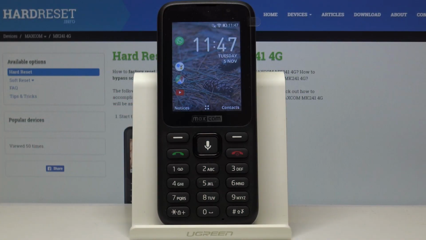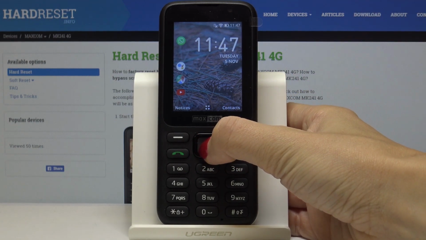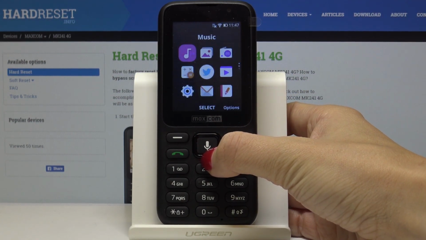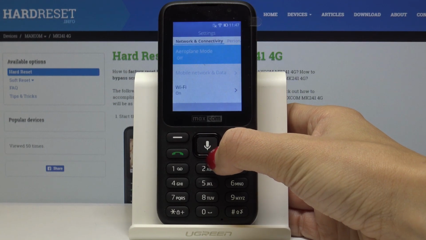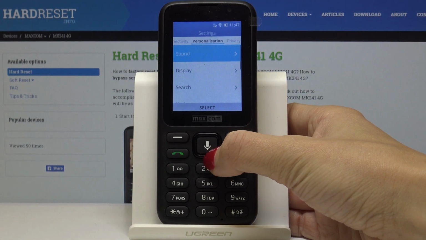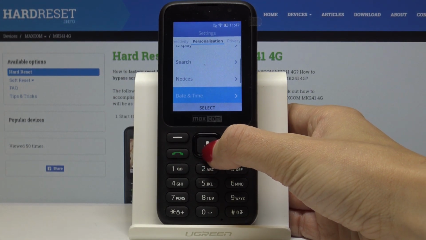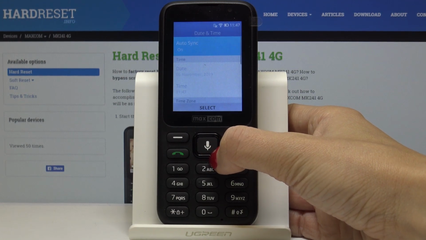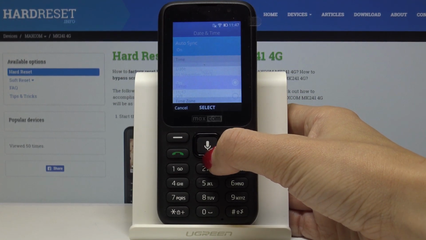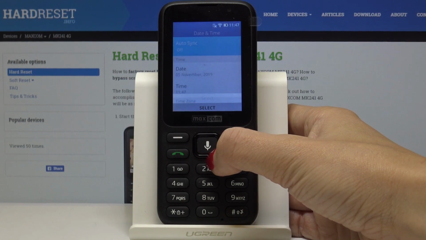Here I've got MAXCOM MK241 and let me show you how to change the date and time on the following device. So at first you have to open list of all applications, then find and select the settings. Here you have to go to personalization and locate date and time. Here it is. Now you can either have an automatic date and time or you can switch it off and